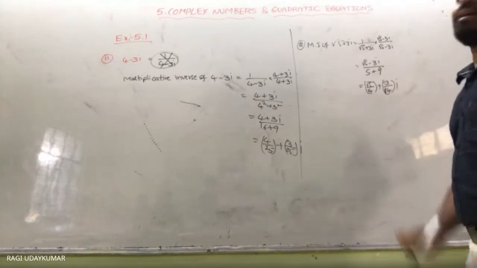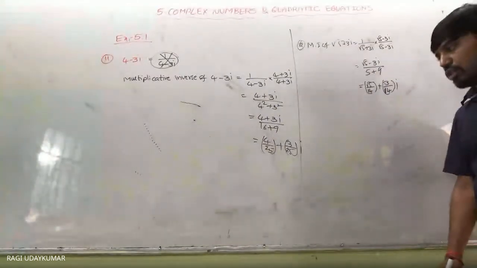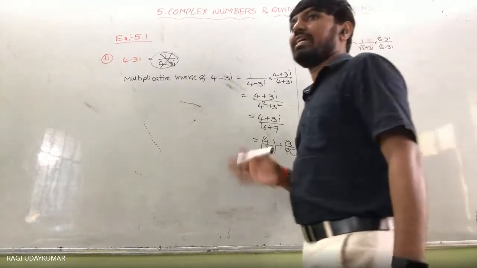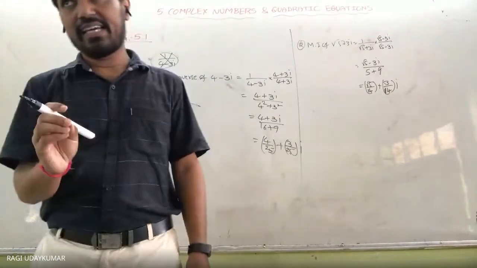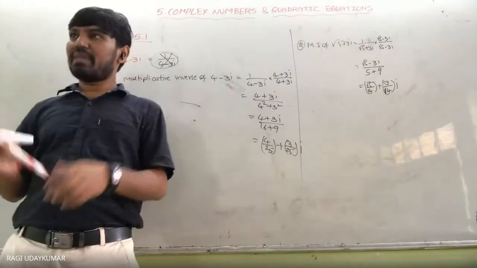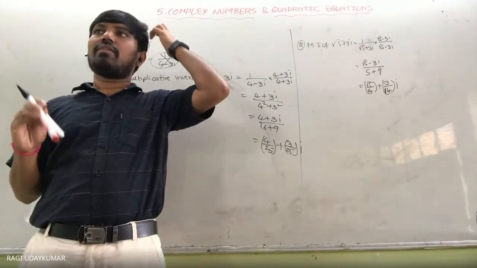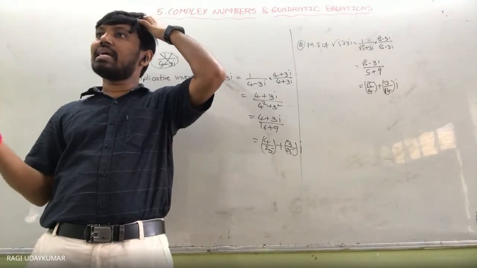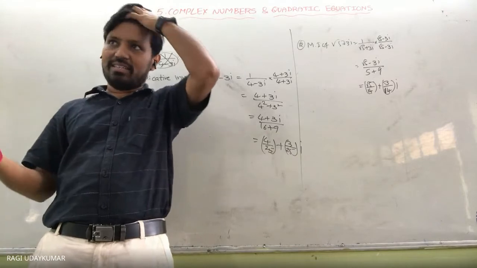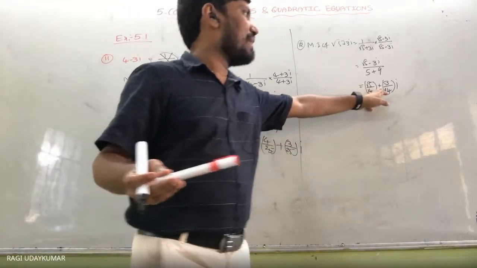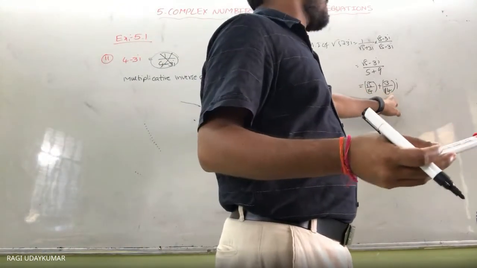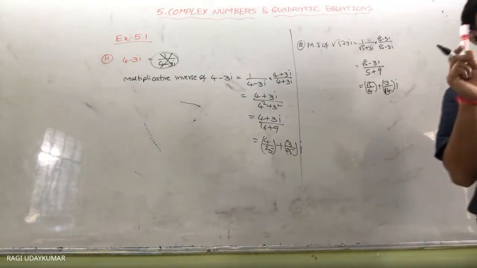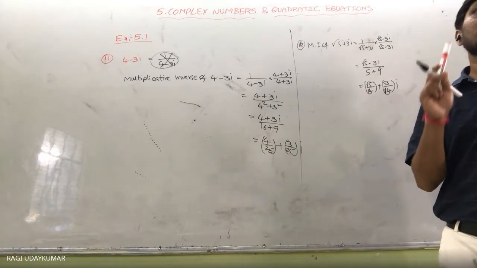Rather than writing plus here, writing minus is correct whenever you have the minus, because a complex number should generally be expressed in the form of x plus iy. y may be negative, but plus is correct. What is the real part? It means x. What is the imaginary part? It means y. If you write minus directly here, you will say the imaginary part is 3 by 14 in confusion. Imaginary part is not 3 by 14. Imaginary part is minus 3 by 14.